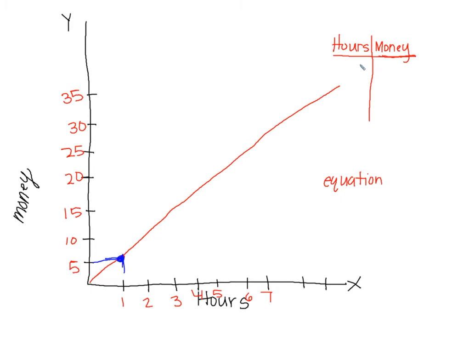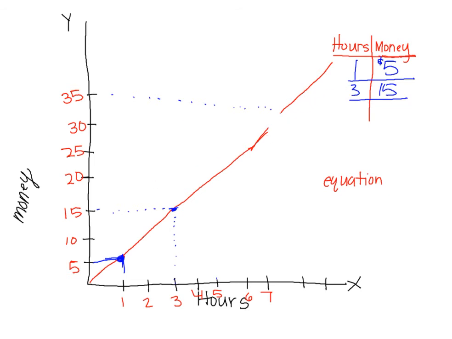So in 1 hour, he makes $5. And let's go up and try this one. Stop and come down. And in 3 hours, he makes 15. And let's try 7. Pretend it was perfect there. It should go up a little bit. There we go. And in 7 hours,